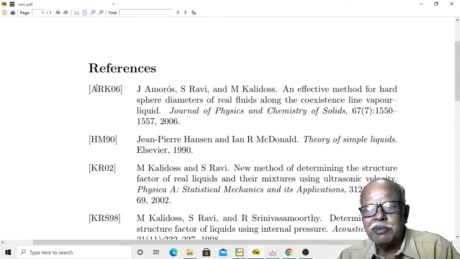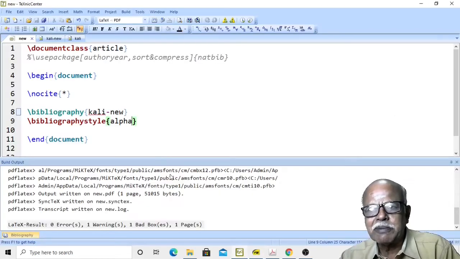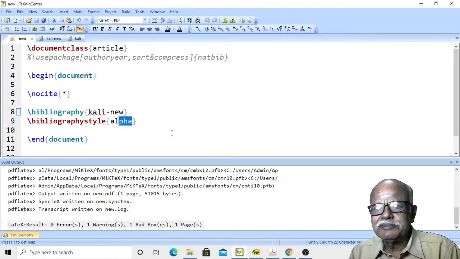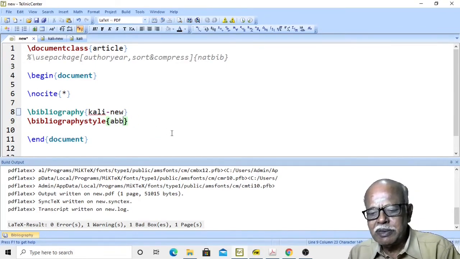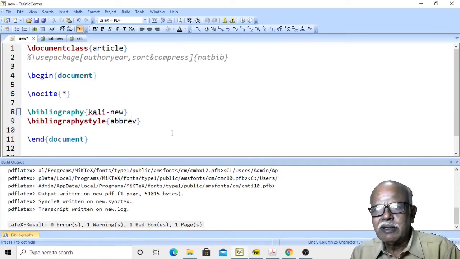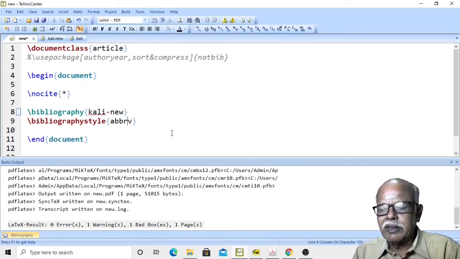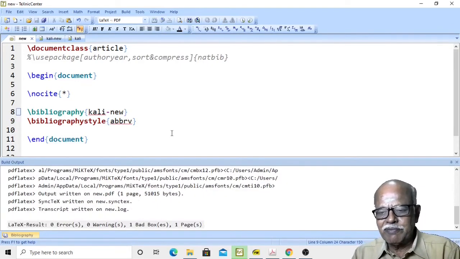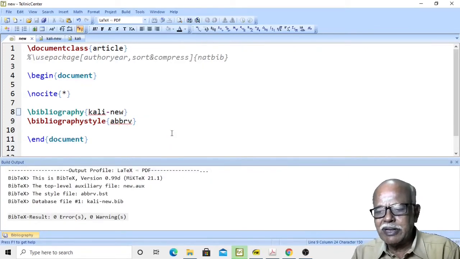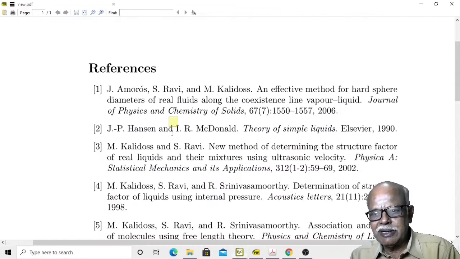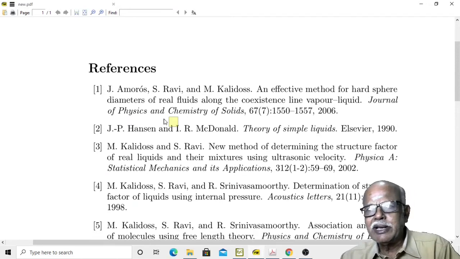A for Amorous, R for Ravi, K for Kalidas, 06 refers to the year of publication. And then run LaTeX, run BibTeX, again LaTeX. You find the order is changed like this.